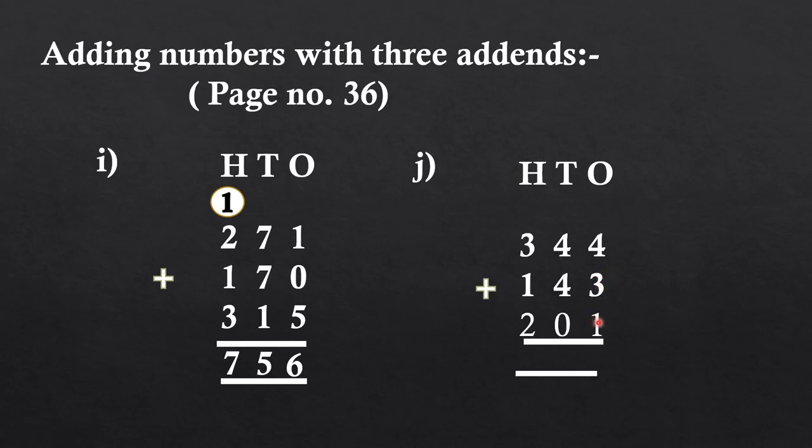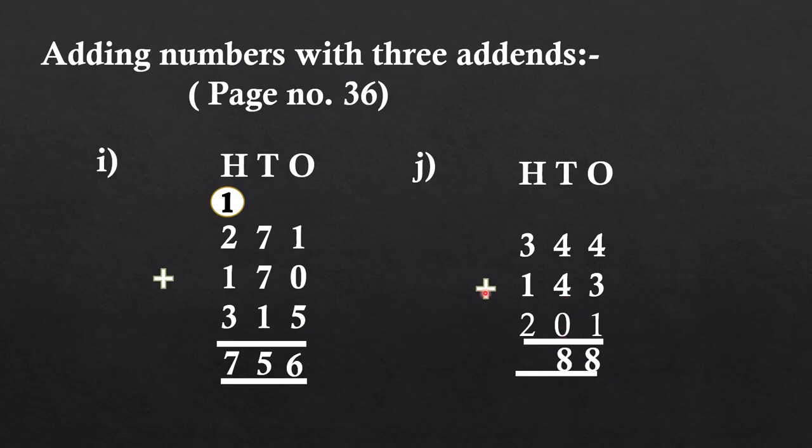Now we have to add 1. So 7 plus 1 is equal to 8. So we will write 8 in ones column. Okay beta. Now keep 4 in your mind and 4 on your fingers. So after 4 you have to count 4 numbers. Yes, 5, 6, 7, 8. And you know that when we add 0 to any number we will get the same number. So we will write 8 here.